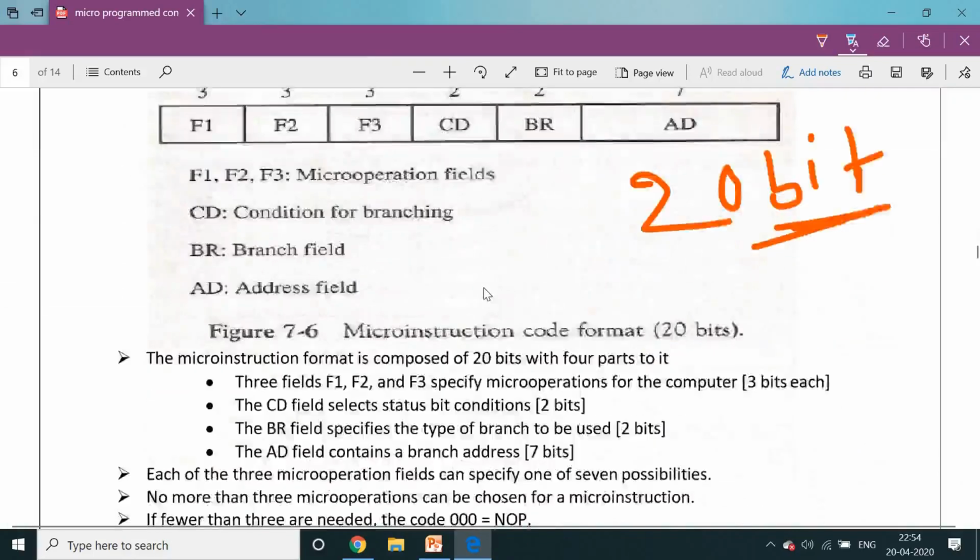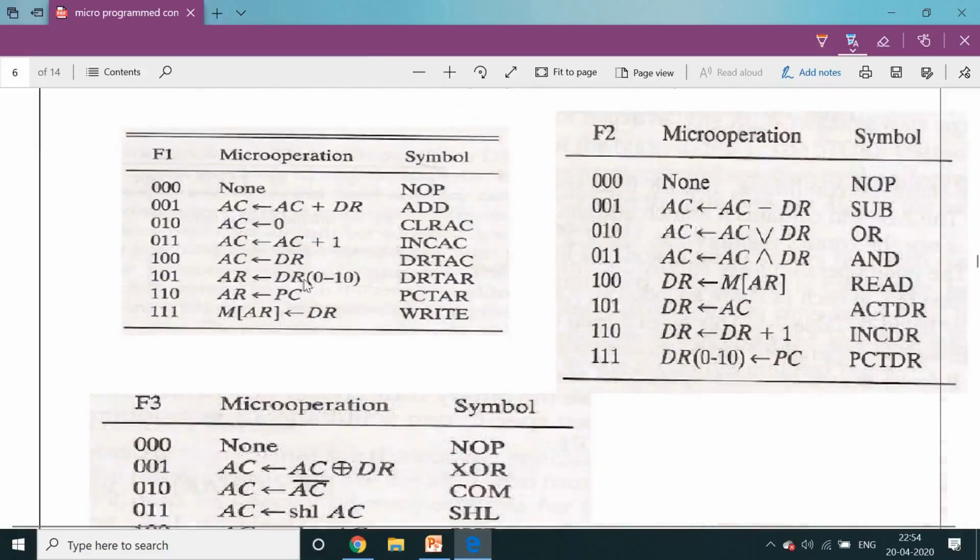Then PC to AR, program counter to address register. Write means the write cycle is executed, that is, the write micro operation. The data register value is written into the memory location pointed to by the address register, and that location holds the data register operand.